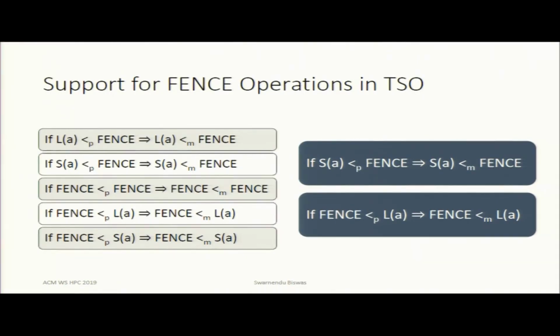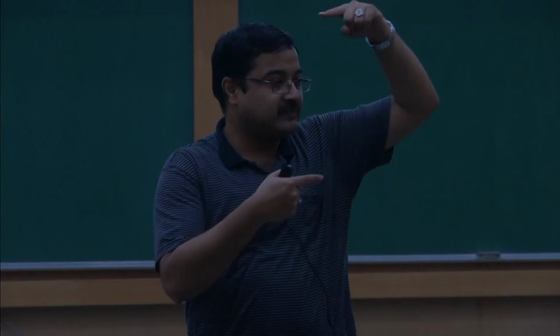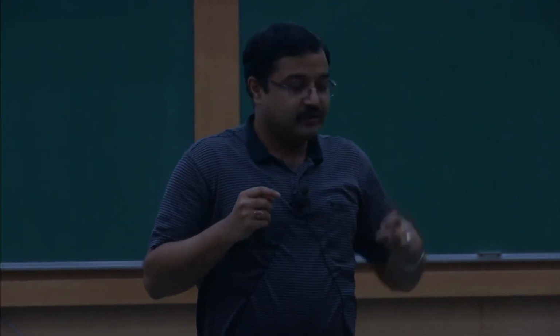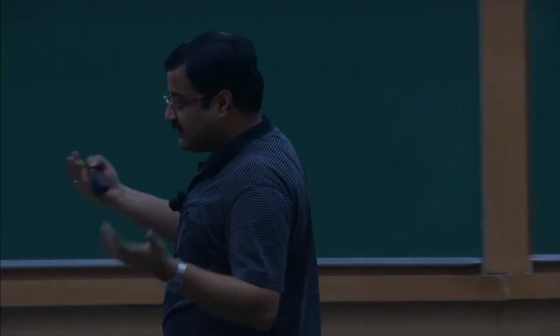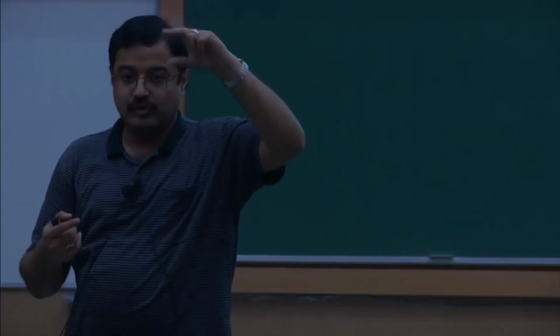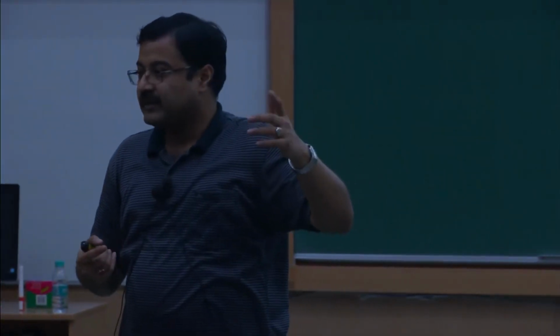So there are some mechanisms that the architecture provides you to help with this. These are called fence operations. You can insert a fence operation between this store and this load, which will prevent any reordering of these two. This fence operation itself is a huge topic. Depending on what type of reorderings you are talking about, load, store, load, store, there can be different types